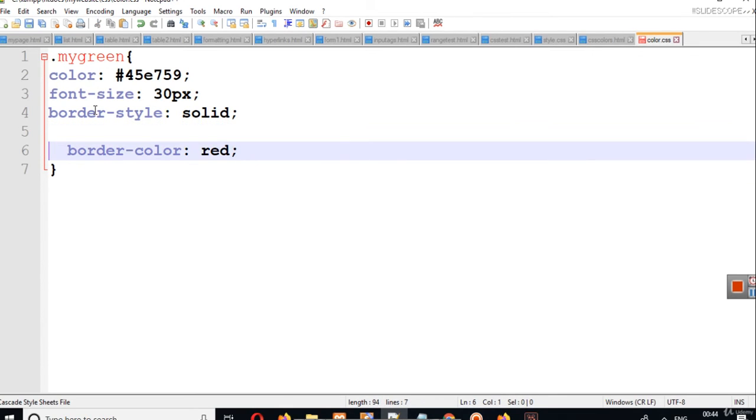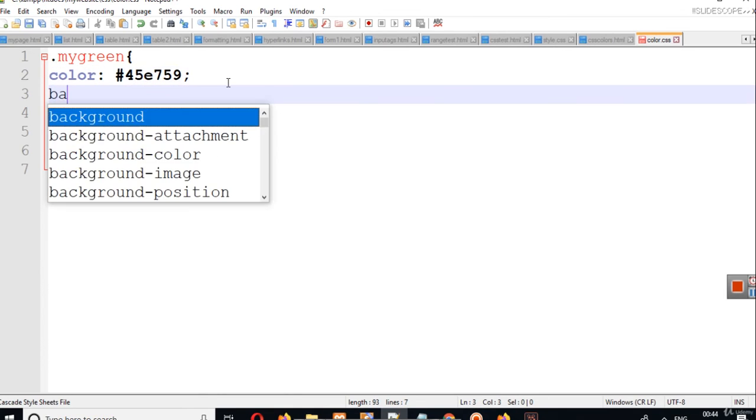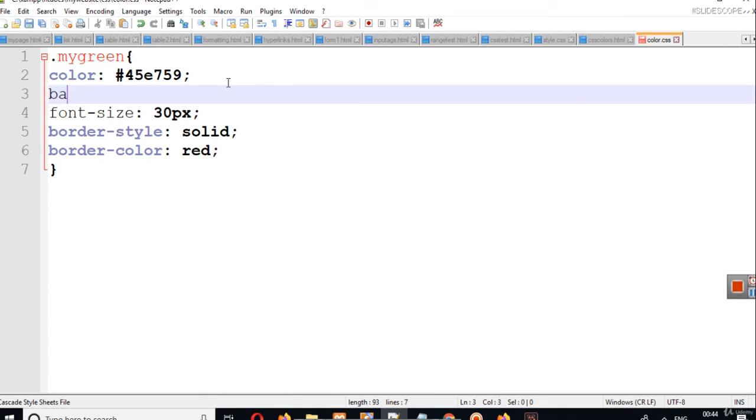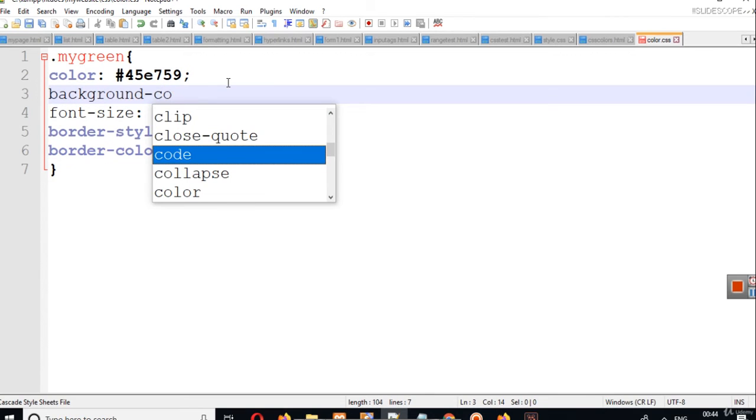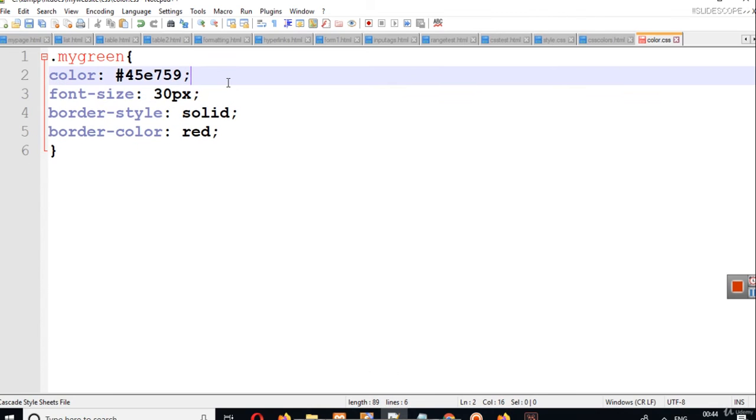There is a property called border color. When you have to apply color on font, we have color. When you have to apply color on background, we have background color. And the property for border color is border color.